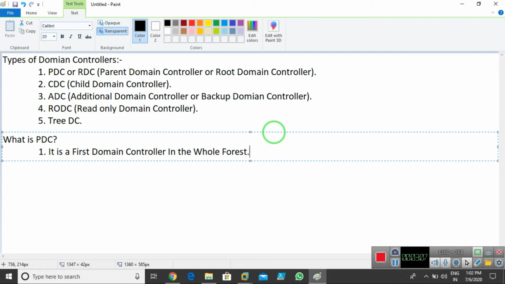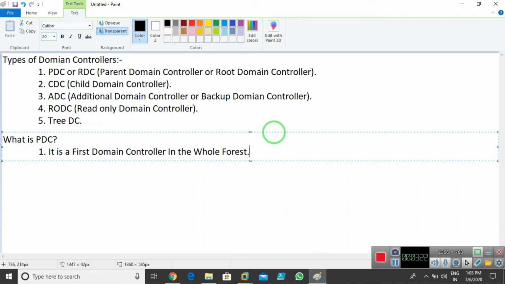Like imagine that I plan to open a company. In that company, the first domain controller which I make is known as the parent domain controller, or you can call it the root domain controller.